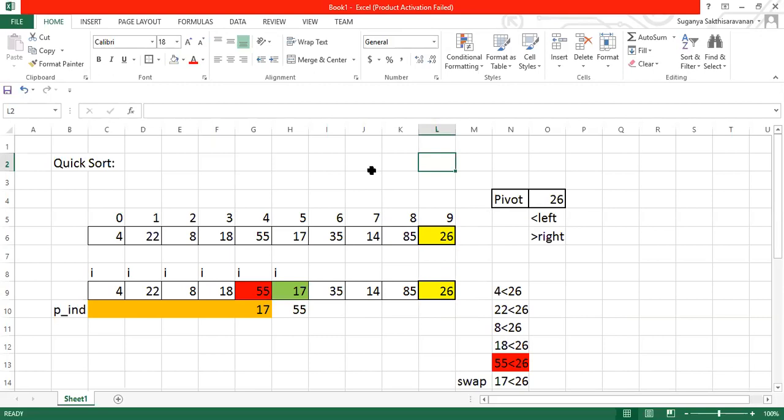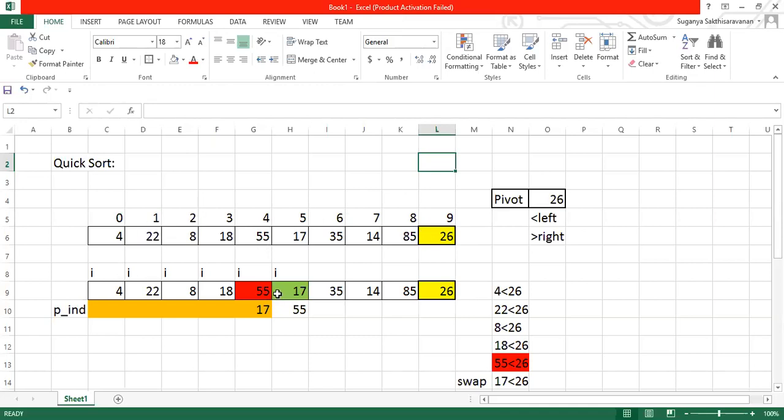Is this clear? Will you try the logic for this? Come on, respond to me, guys. Here is the flow of this quick sort. Take a pivot value, compare from the beginning till before the pivot value. Each and every index value is compared with the pivot value. If it is lesser, keep it as such.